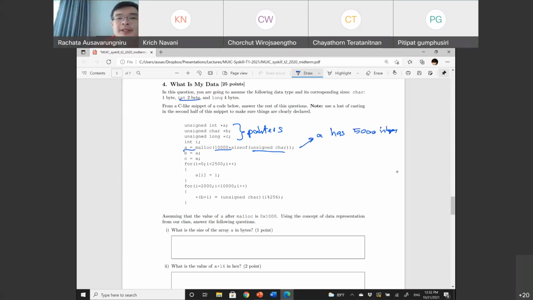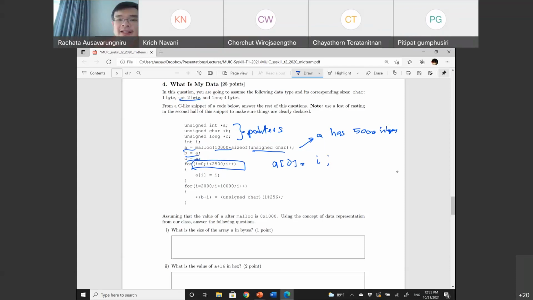And then I make sure B and C point to the same address. But B is a short character pointer and C is a long pointer. And the thing I do is from the first 0 to 2,499, like this first half of A, A of I equals I. Simple, right?